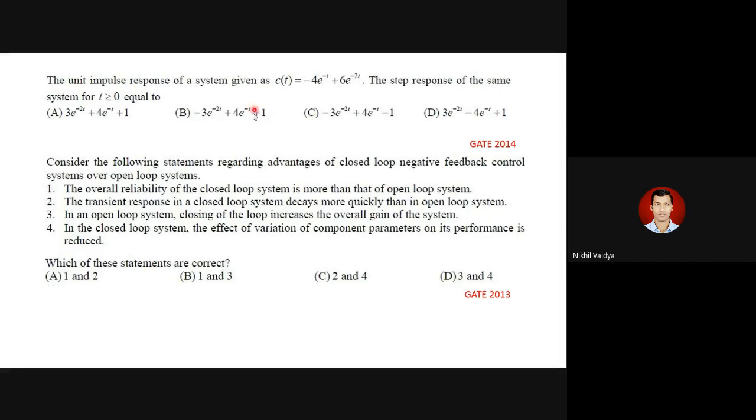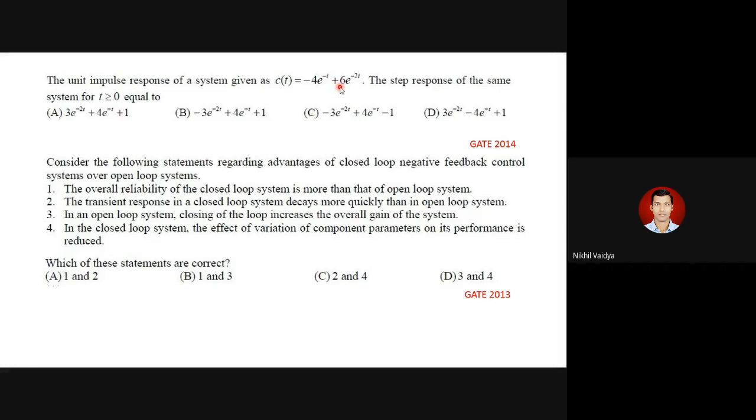Okay, you just missed this particular term. See, integration is very easy. Here also you can just calculate. See what you are getting: minus 4 into e raised to minus t upon minus 1. Is it not? So minus minus will get plus. So 4 into e raised to minus t. So here also plus 4 into e raised to minus t is present. Here also it is present.